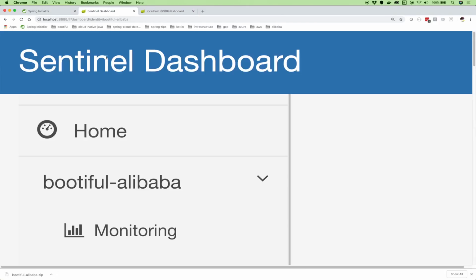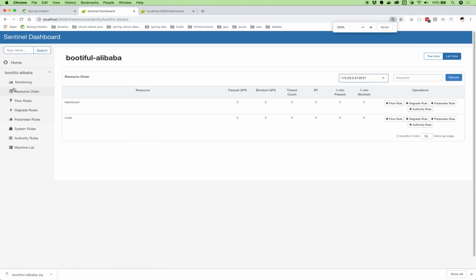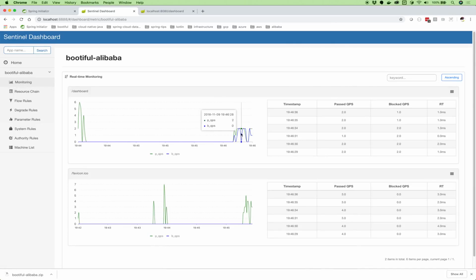And so if we go here now, we get the same behavior that wasn't in place before, right? There was no flow rule applied to /dashboard before, but our Spring Cloud configuration applies to either rules configured in the dashboard or to rules configured in Java code. Okay, and so again, now you get the visibility of the queries that were successful versus those that were blocked. You can see the information about that and all that.